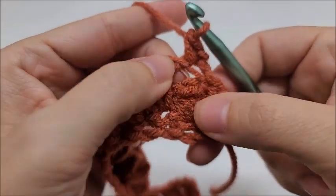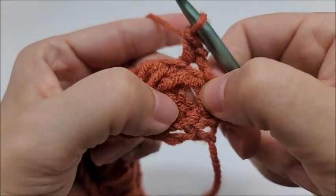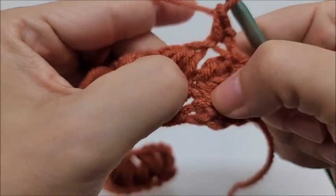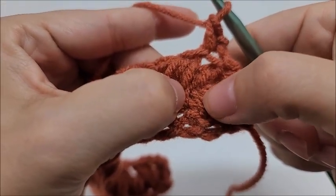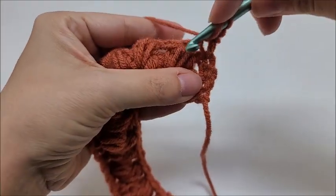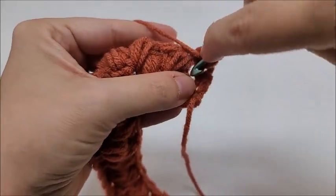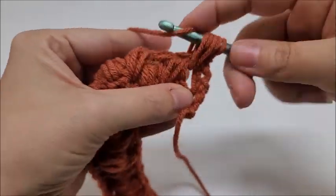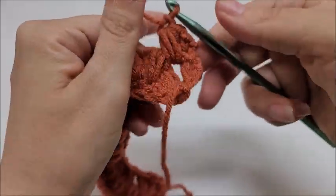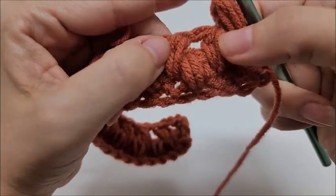What we're going to do is go directly down 2 rows below, which is right here, and do a puff stitch in this space right here. So you can see here's the puff from 2 rows below. We're going to go right here in this space and we're going to work a puff. So kind of just go right into it and work a puff stitch. And then chain 1 like that,